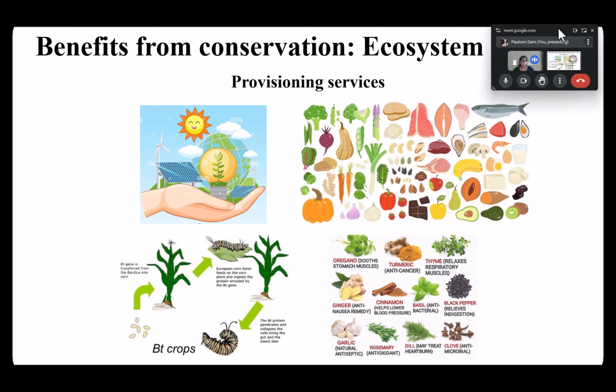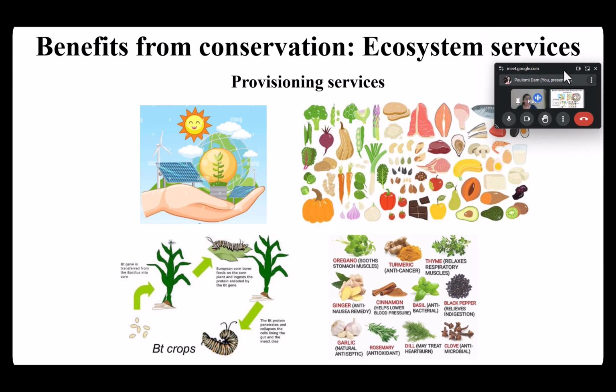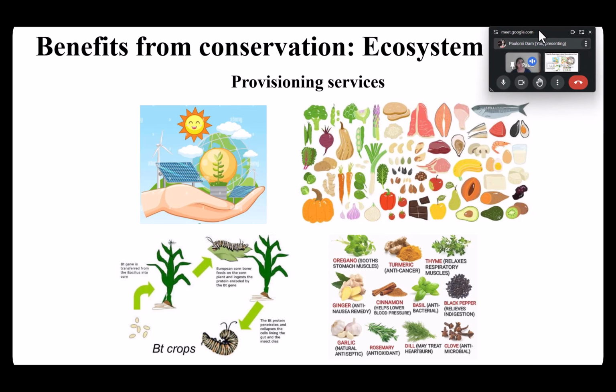And all these benefits that we get, they are collectively called ecosystem service because everything is coming from ecosystem, right? Now, these ecosystem services are of different kinds and of different types. And these are equally important for us to know them, because only then when we know what these ecosystems are actually doing for us, we understand the value of this, and that gives us a stronger reason to undertake conservation practices. So in ecosystem service also, you have different kinds of services that they provide to us. So first is, as you can see, provisioning services.